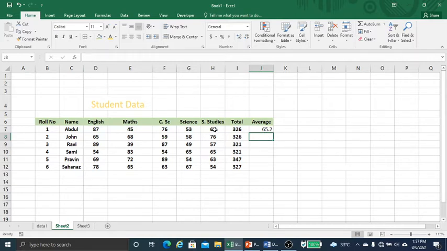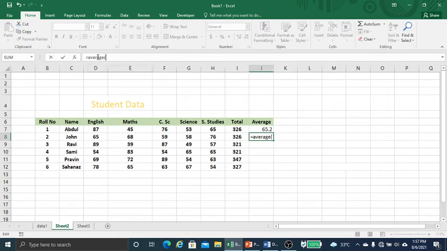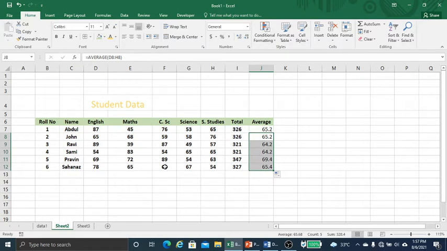Like this we can get the average mark of all others. I am showing another one. I want to get the average value here, so I put equal to, then write AVERAGE. We select the range D8 to H8, then press enter, so it has come. Now if I scroll it down, automatically all averages will come. You can see all the averages here: D11 to H11, D12, and so on.